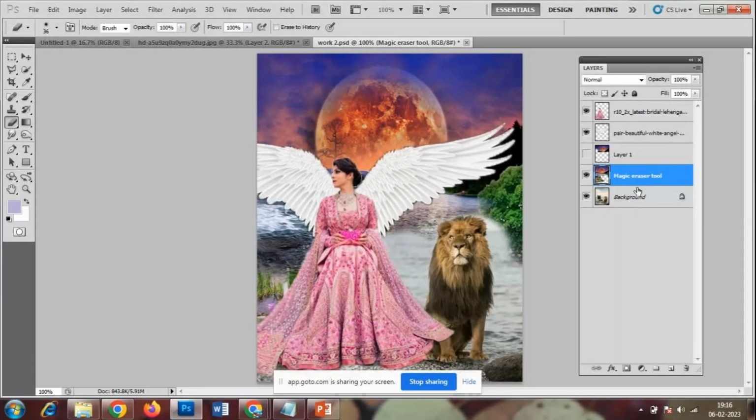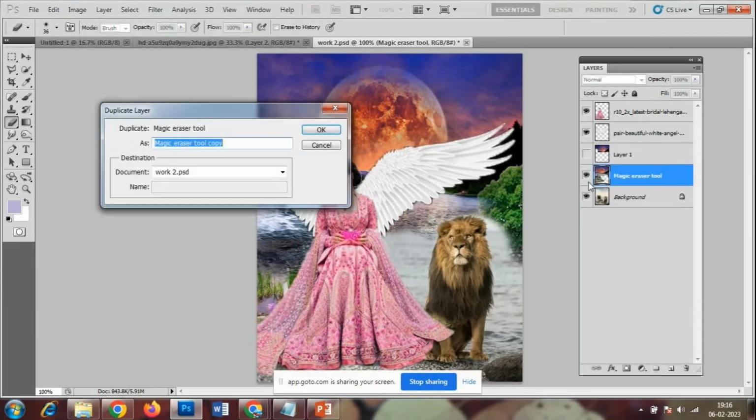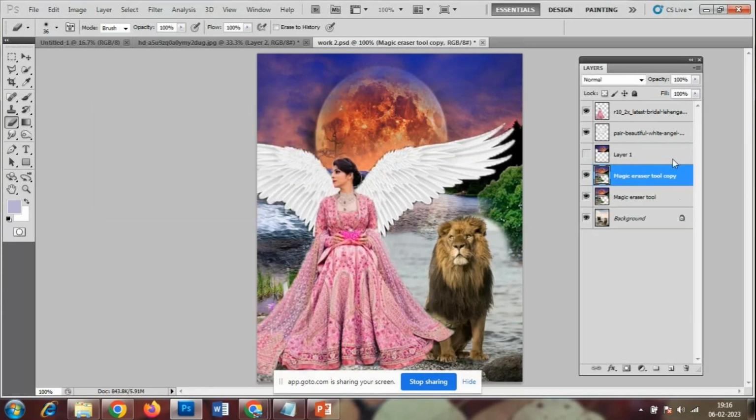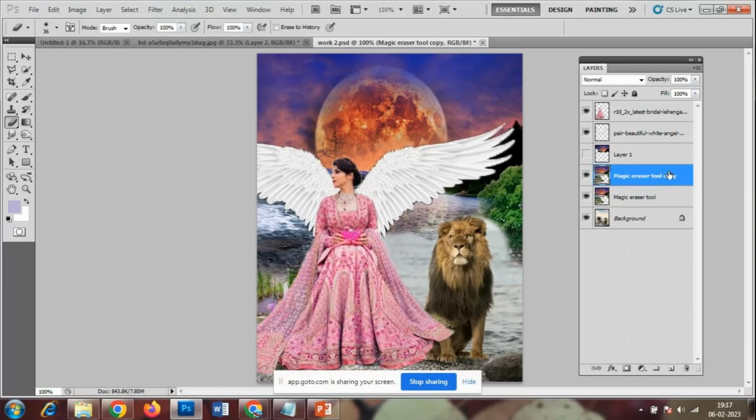Again, one more option we have. I don't feel comfortable in this area. Okay, so what I'll do, I'll just right click on the layer. I'll go to the duplicate option. There is an option called duplicate layer. Just okay. Right click on this. Always you will have the duplicate option. So now what I'll do,